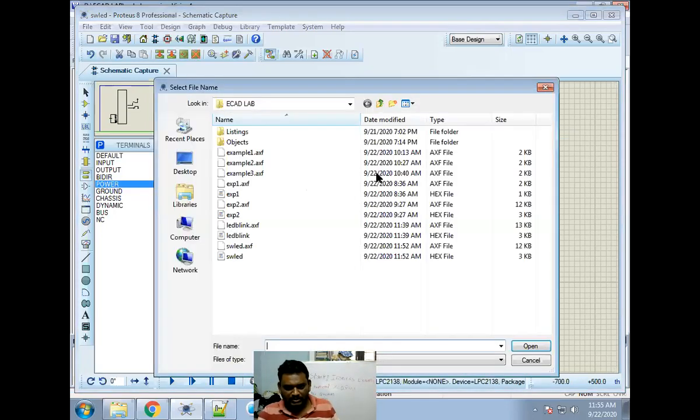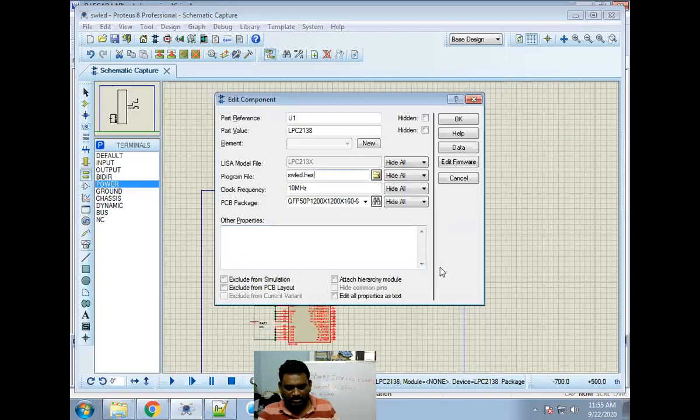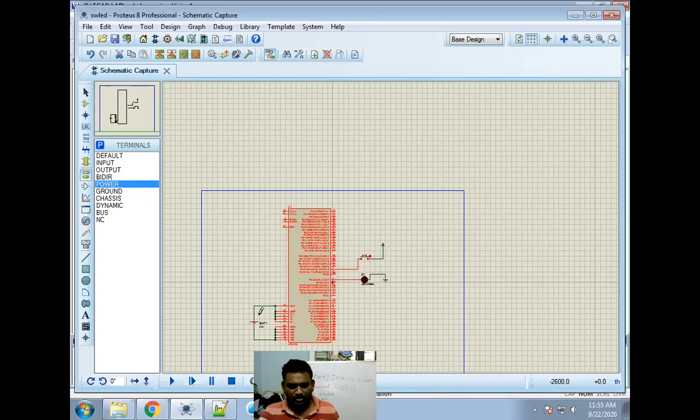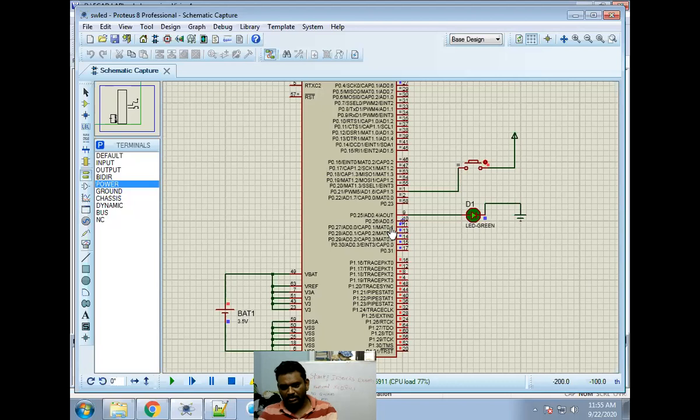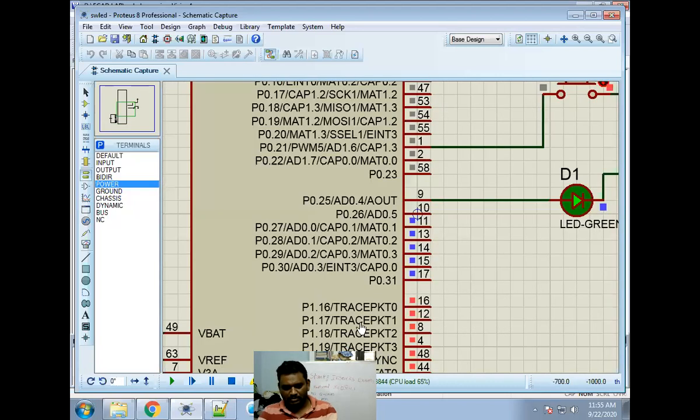Now I need to burn the program. What is the program? SWLED. That is my program. And the 12 MHz I need to give. So okay, done. Program burning is also completed. Now execute. What is the problem? So now already it is glowing. LED is glowing right now. So if I want to change the mode, yeah.